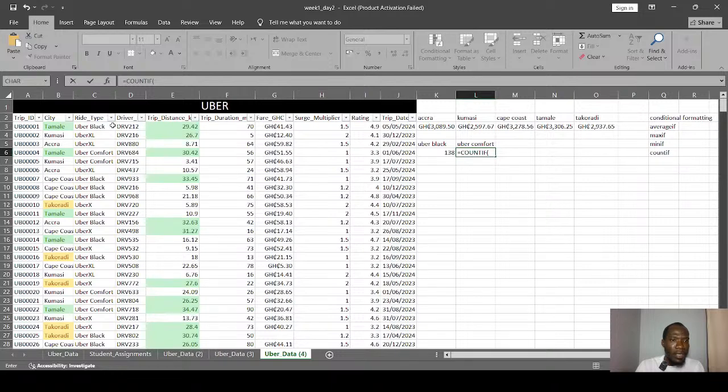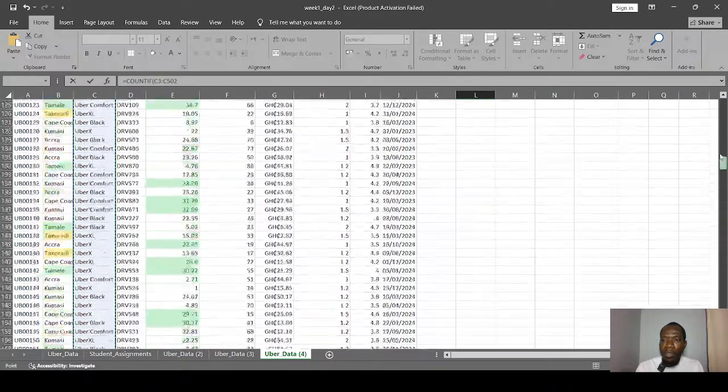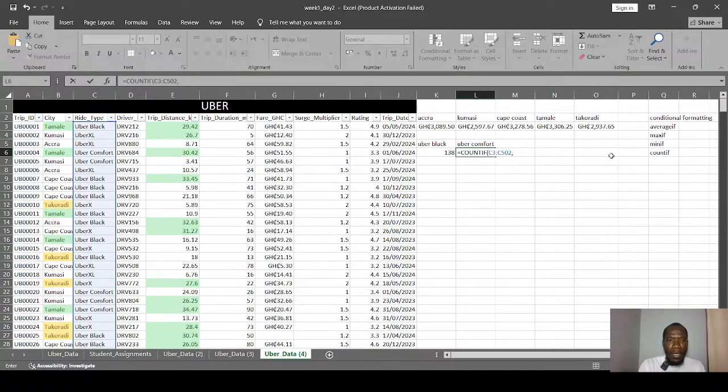Our range is still C3 all the way, so Control Shift all the way down, comma, and then our criteria this time is Uber Comfort. Close our brackets, hit enter, and then straight up we know that there are 134 Uber Comfort vehicles. Okay, so that's for the count if.